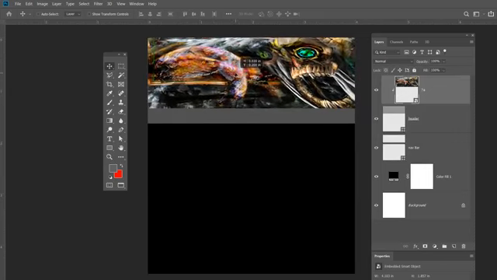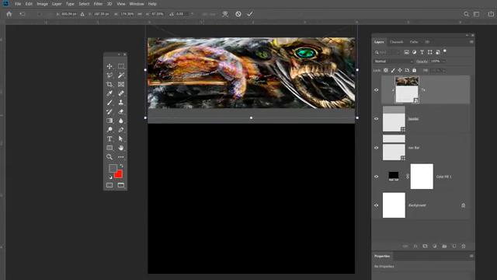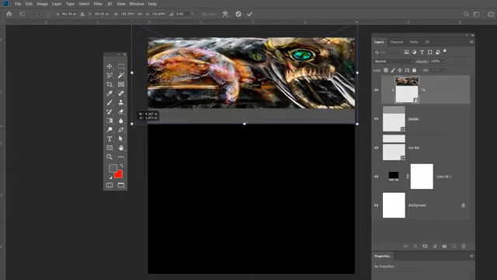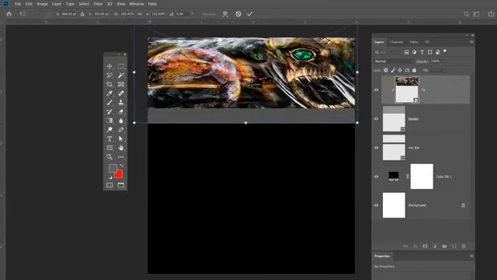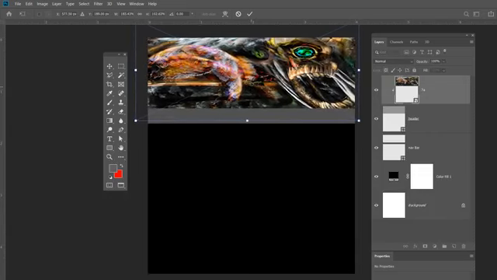Okay, so if I pull it up like so, or Command or Control T for free transform, I can grab the corners and enlarge it, however you want to organize your imagery. But this is a good workflow to do it. Okay, now my part of this is my logo. My logo is